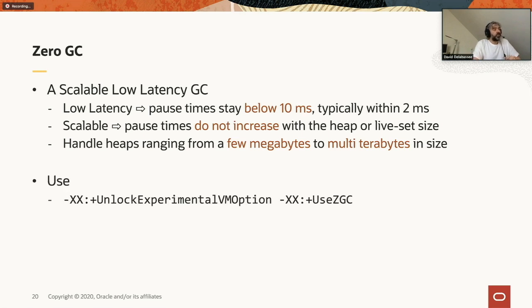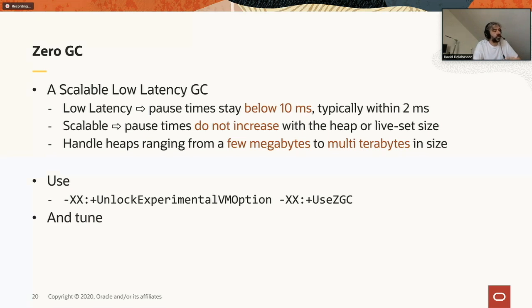So how do you use ZGC today? I mentioned that ZGC was added as an experimental feature in Java 11, so you need to explicitly unlock it. There is a specific HotSpot flag, UnlockExperimentalVMOptions, to unlock any experimental feature of the VM. You do that, and then you use the specific flag to enable ZGC, basically to tell the VM to switch from G1, which is the default GC, to ZGC. And there you go. Then the thing that you might want to do is tune ZGC.